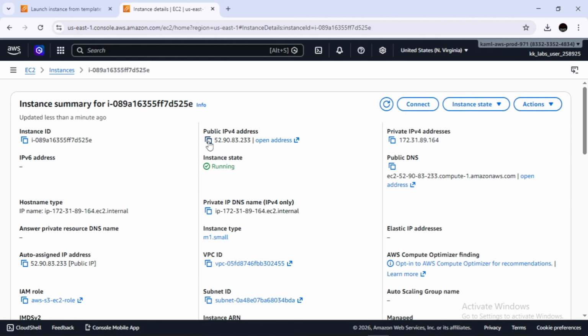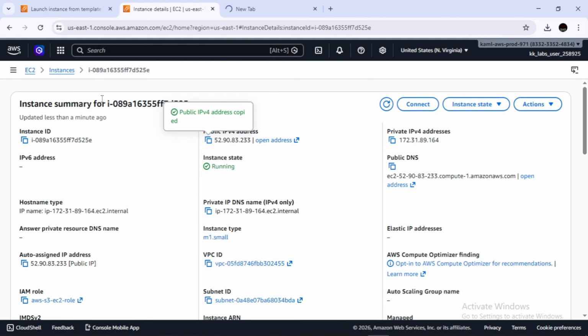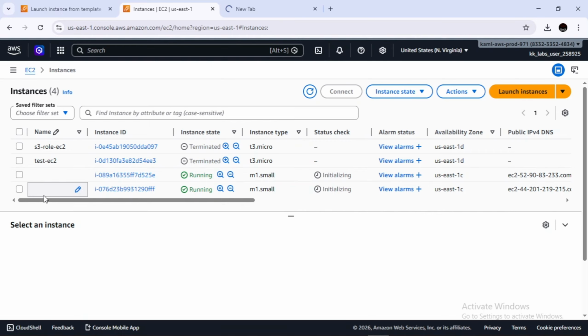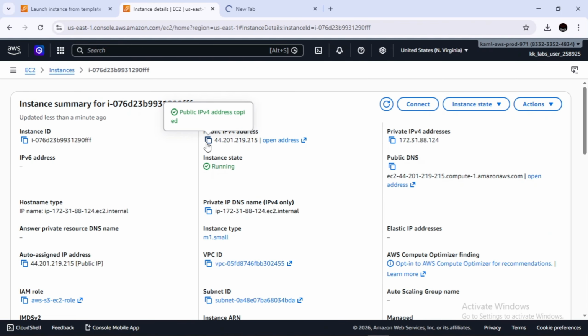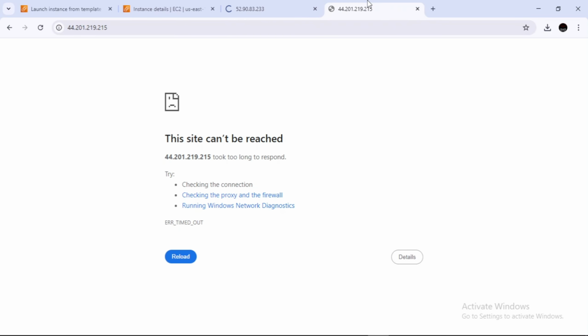Go to this particular instance and grab its public IP, and I'm going to paste this IP into a new tab, as well as let's copy the public IP of another EC2 instance, which is this 44.201. So this will take some amount of time,